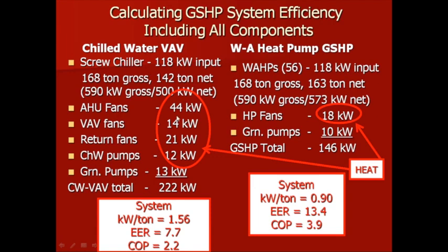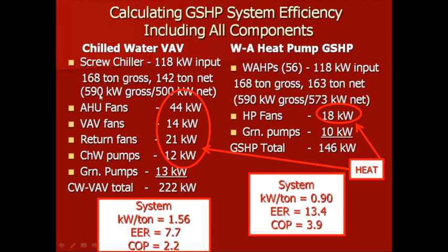It's a screw chiller. So in the complex system, we have the air handler fans, the fans in the VAV terminals, return fans, and the chilled water pumps. Now these things not only pull a lot of energy, but they also distribute heat to the building. So I'm taking all those kW, which is essentially building heat that robs from the cooling capacity, and deducting them from the capacity of the chiller itself,